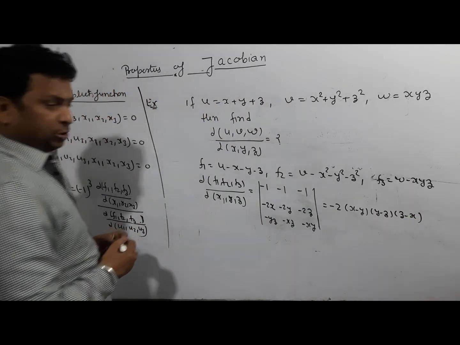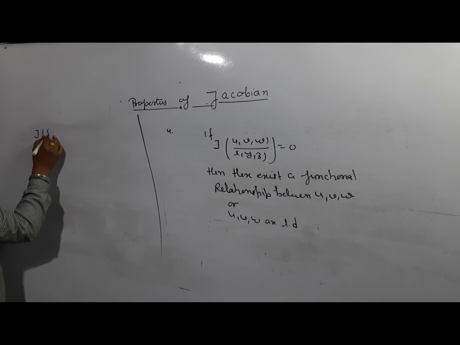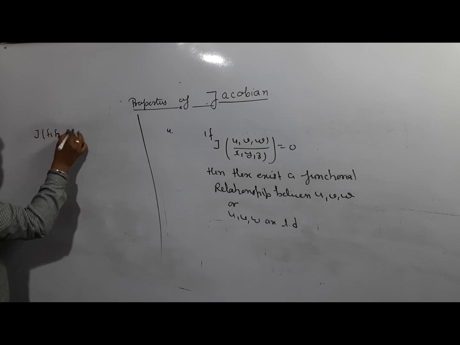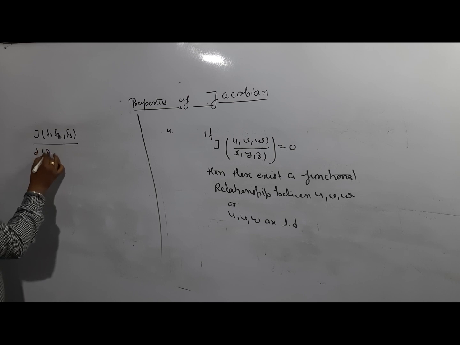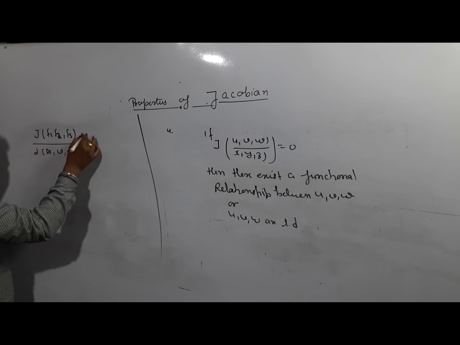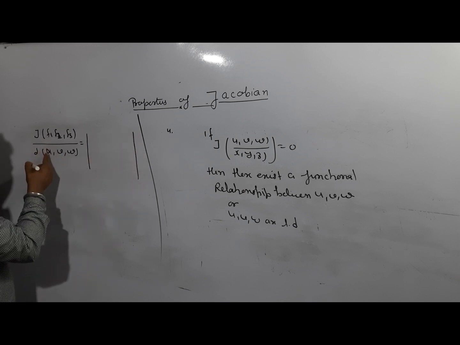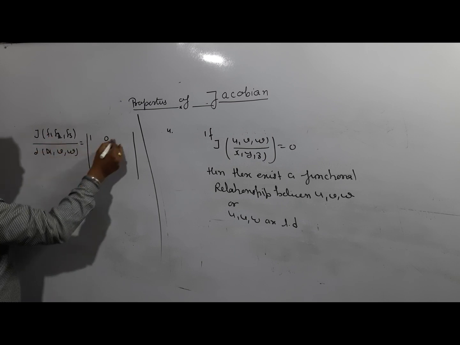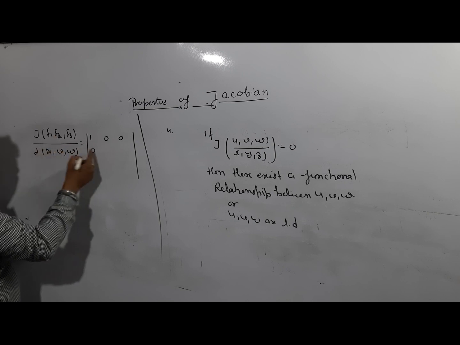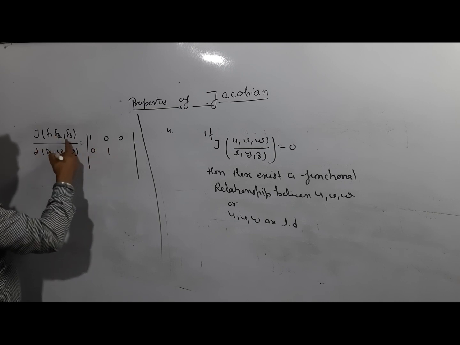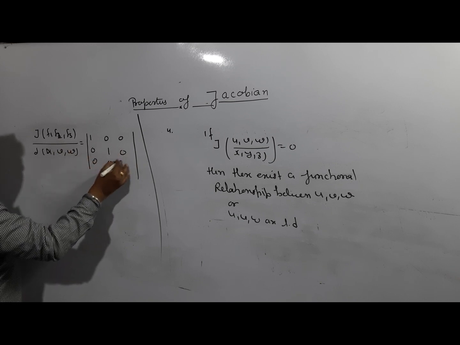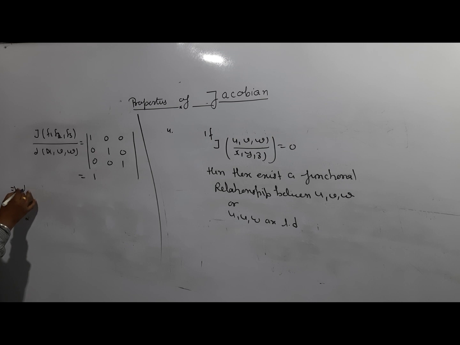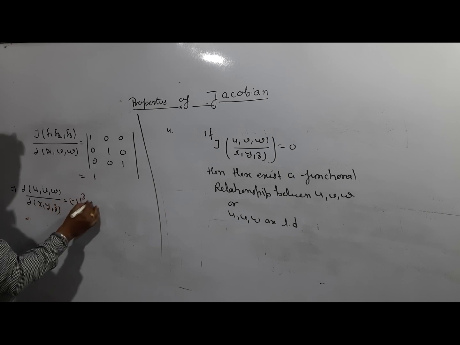Now we calculate the Jacobian of the second part. We are going to calculate the Jacobian of f1, f2, f3 with respect to u, v, w, and that value is what? Differentiate f1 with respect to u, that is 1, f1 with respect to v, that is 0, f1 with respect to w, 0. Similarly, f2 with respect to u, 0, f2 with respect to v, 1, f2 with respect to w, 0, and then 0, 0, 1. The value is 1. So easily we can take the Jacobian of u, v, w with respect to x, y, z as minus 1 to the power of 3 times